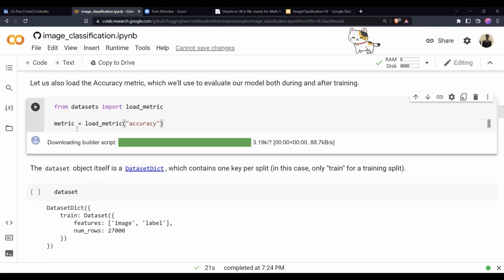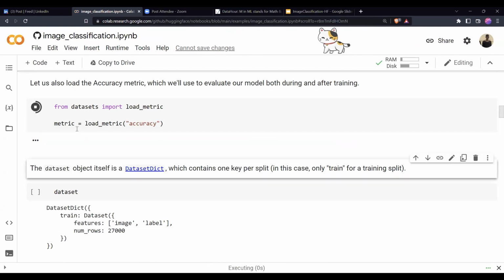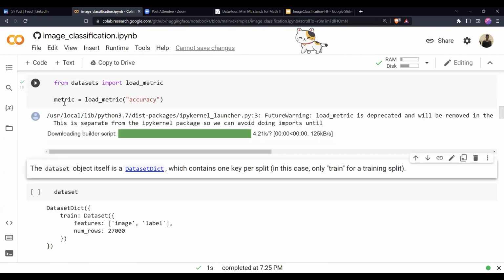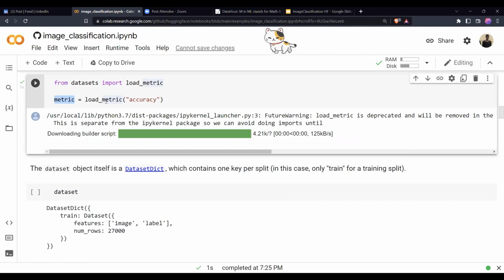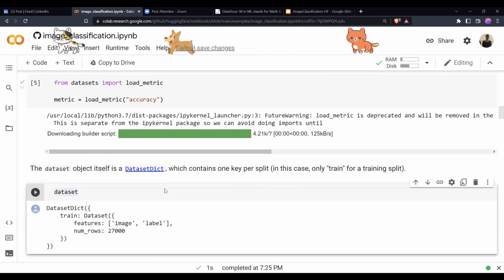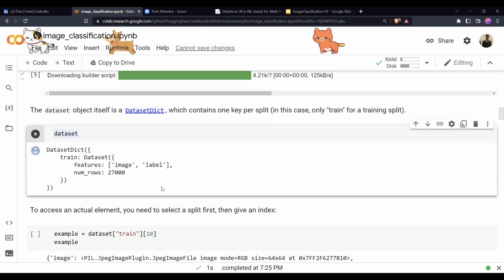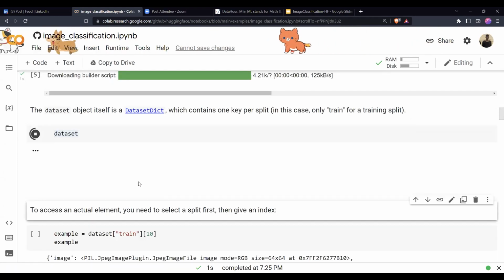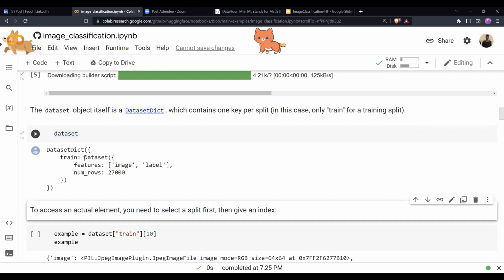But before that, let's just load a metric called accuracy. In this metric variable, we are loading a simple accuracy metric with a simple formula. For example, whether you have 2 classes or 10 classes, it is just the simple accuracy formula. Nothing special.